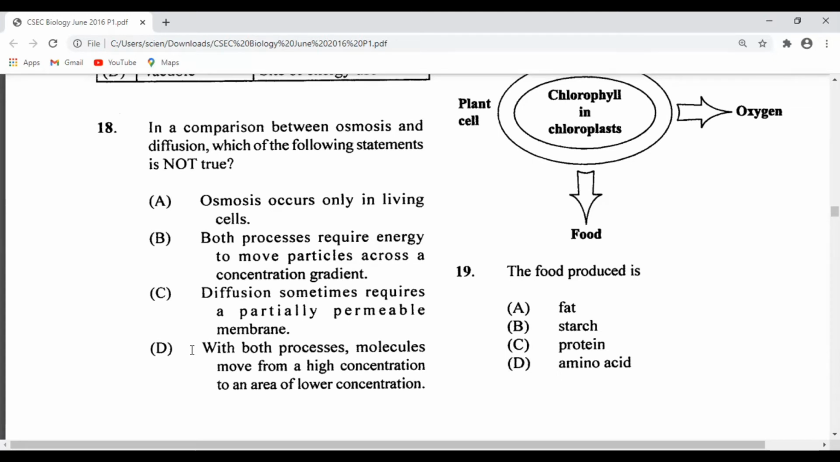So if we don't remember, diffusion is the movement of particles or gases from a region of high concentration to a region of low concentration until it is evenly distributed, while osmosis is the movement of water molecules from a region of high concentration to a region of low concentration across a semi-permeable membrane or partially permeable membrane. And now